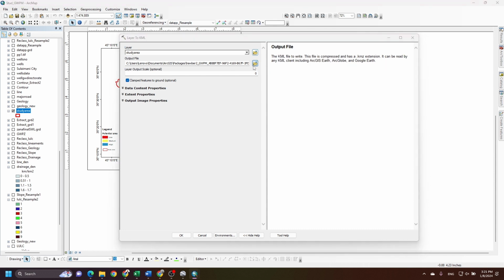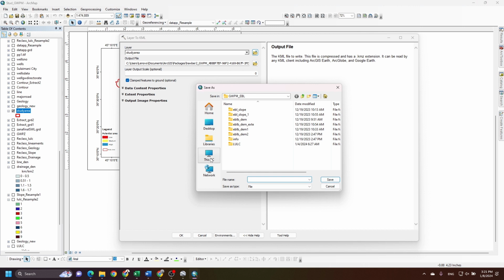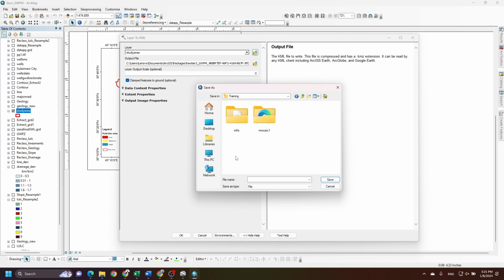Then we can choose right space to okay, we can name it after study area.